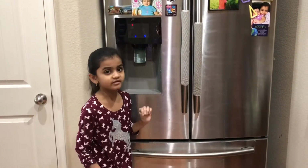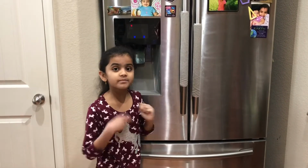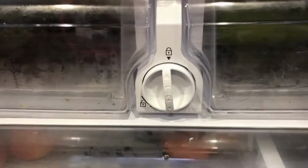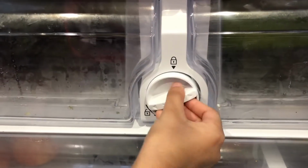The filter means the filter inside the fridge that purifies the water. This is the filter, so we need to replace this with the new one. To open this, we need to...